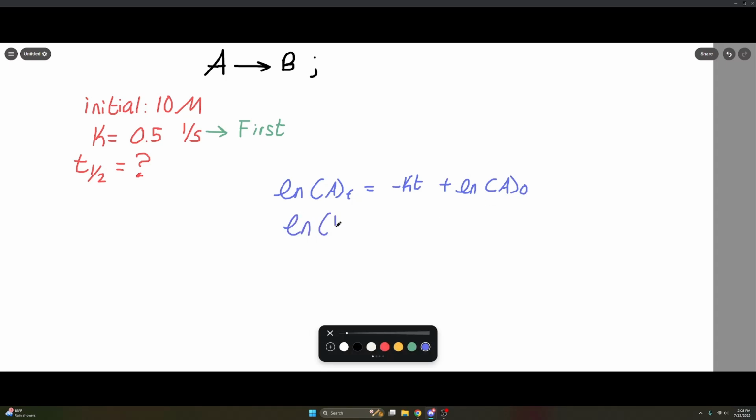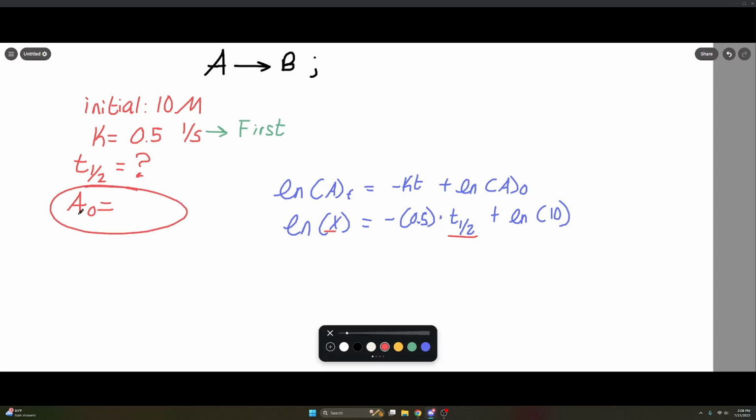I don't know my final. That's okay. X equals negative K times, I don't know T either. So if I were to finish plugging in, you'll notice an issue where we got 2 unknowns. So let's think about something. Am I able to figure out my